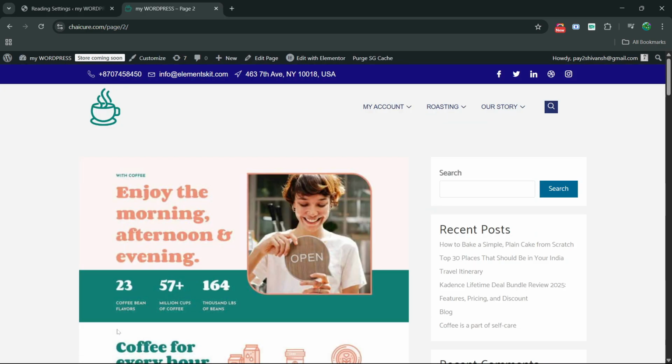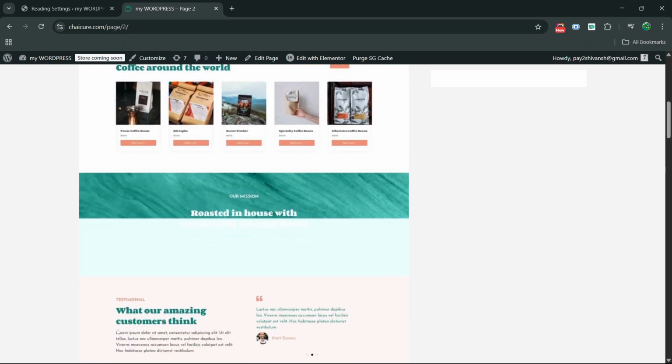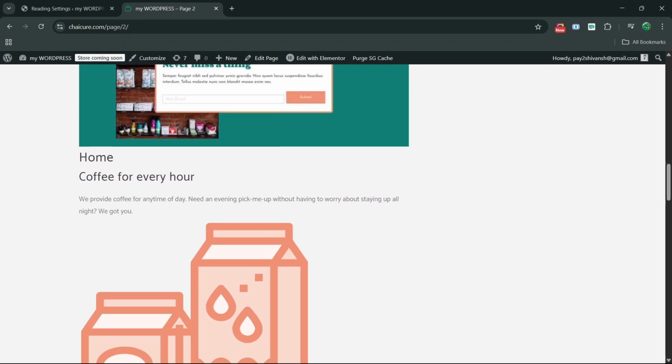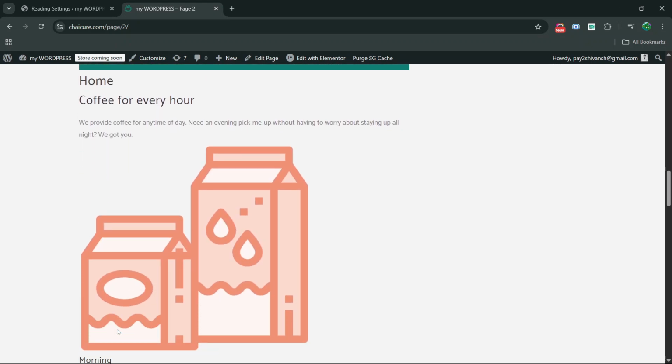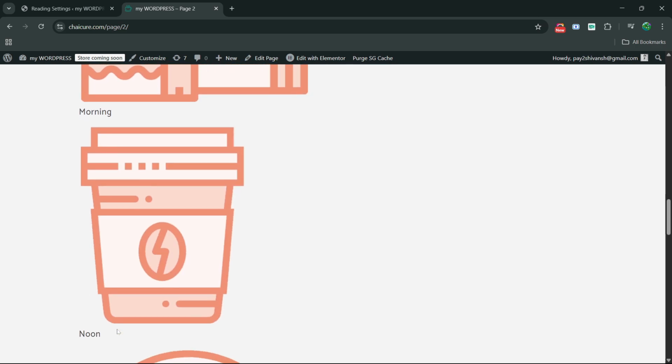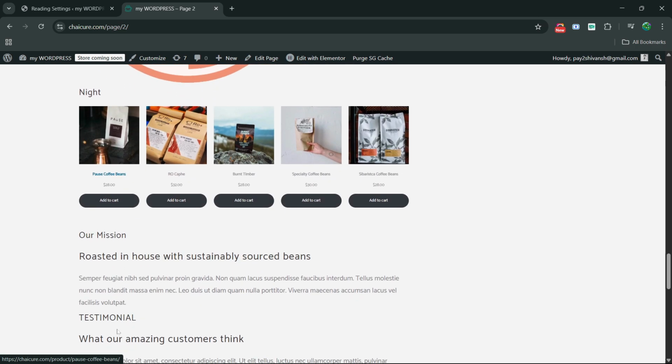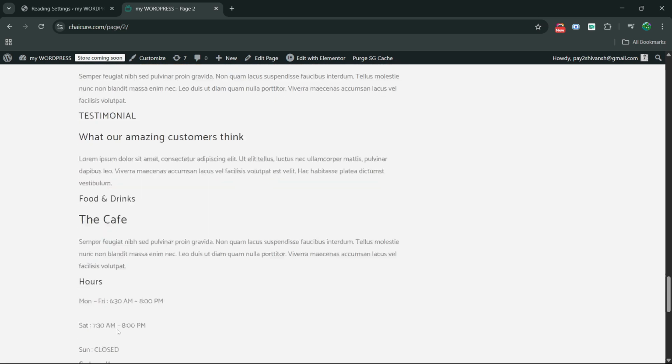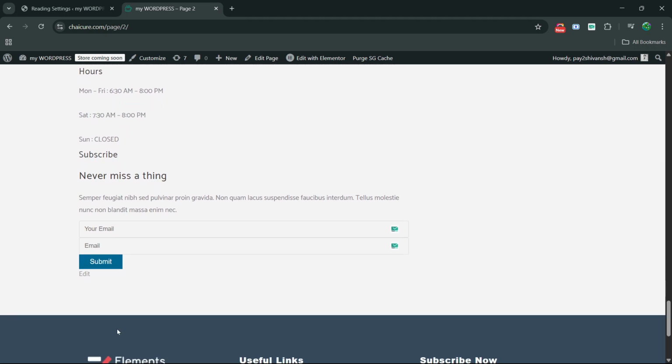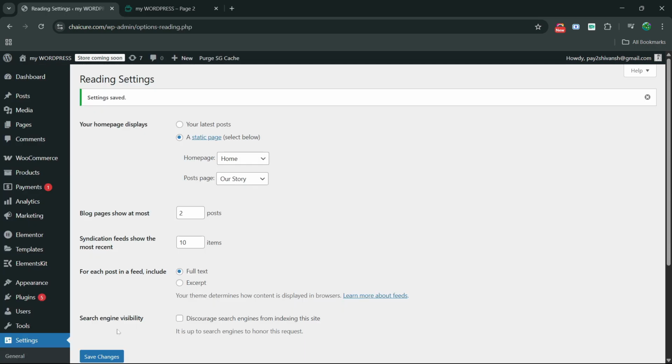After refreshing the page, you can see our home page is totally changed, where we can see the home page right at the top and at the bottom we can clearly see our story post. So this is not what we are going to do. So let's make it default and go to our next option that is called blog pages show at most.